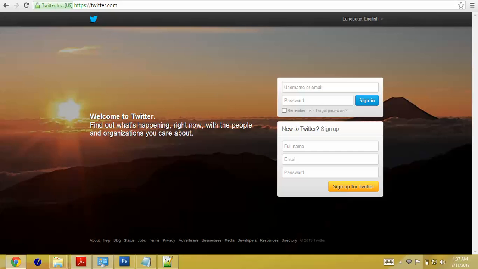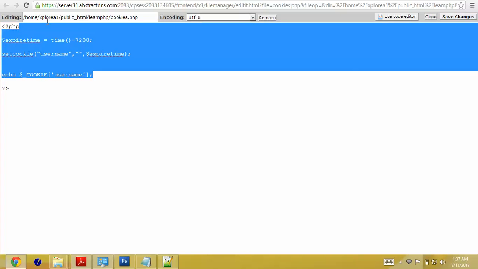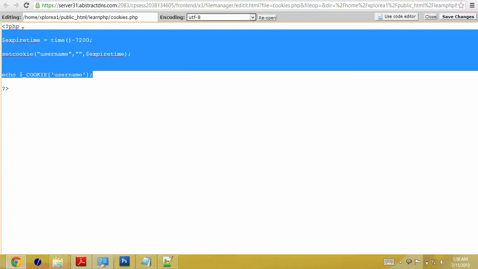So talking about cookies, let us quickly start. Here, let me do that. First I have created a cookies.php, and in my PHP tag I'll be starting the cookie. To set the cookie, you write the set cookie function, and in this set cookie function you will be writing the username,